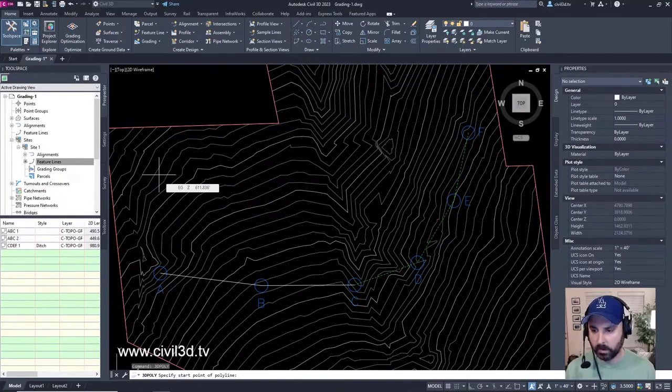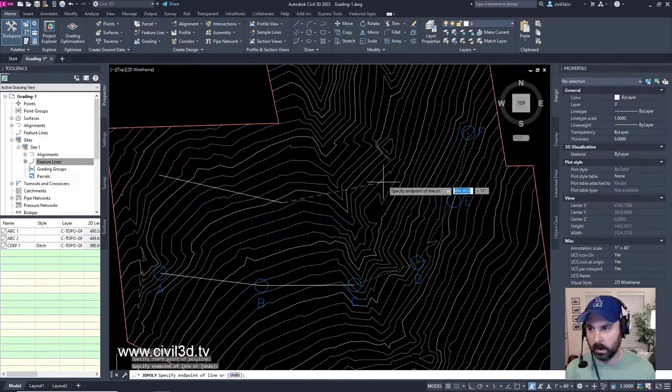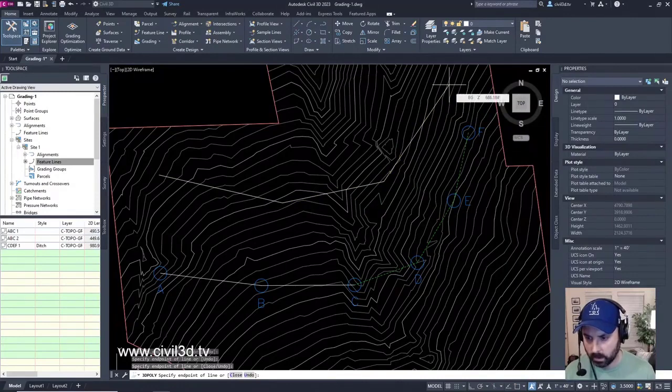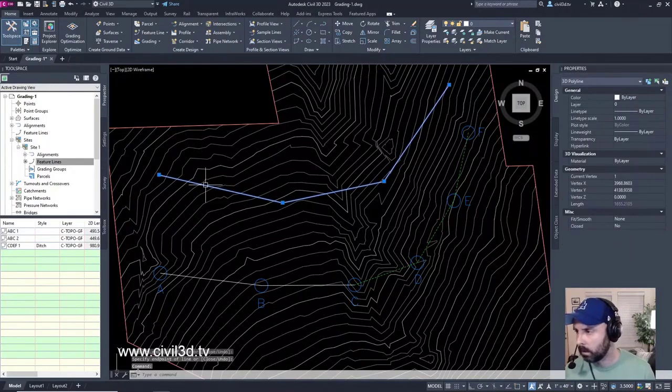The start point of the polyline is going to be here. I'm going to go from there to there to there to there and press enter. It's not really giving me too many options when it comes to geometry.